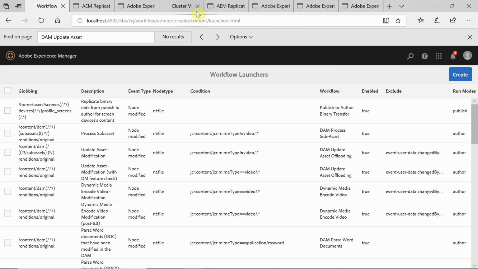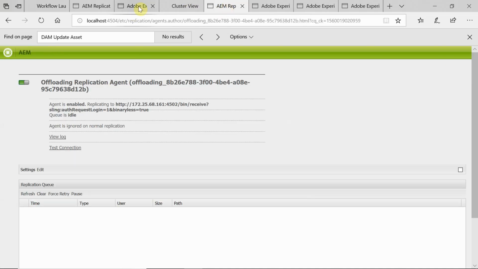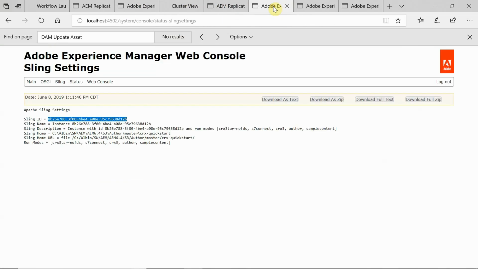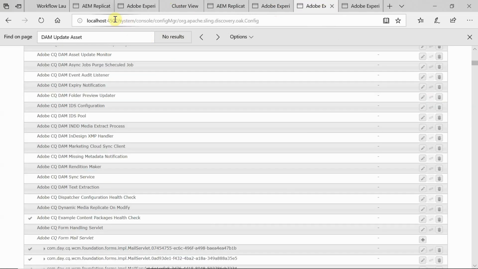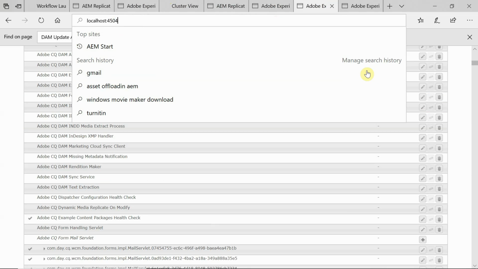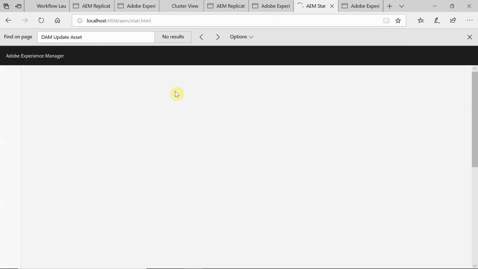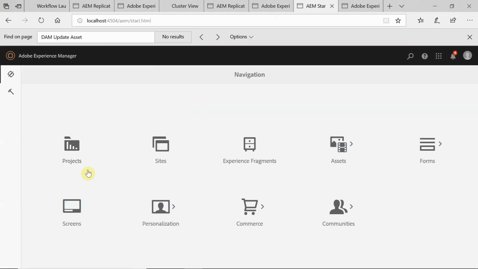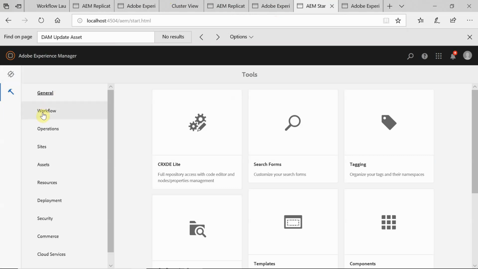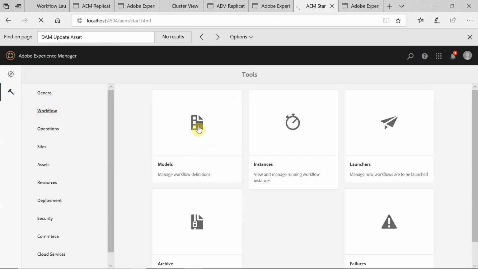For that, I will go to the worker instance. Okay, I'm in the worker instance. Go to tools, workflow, and go to models.